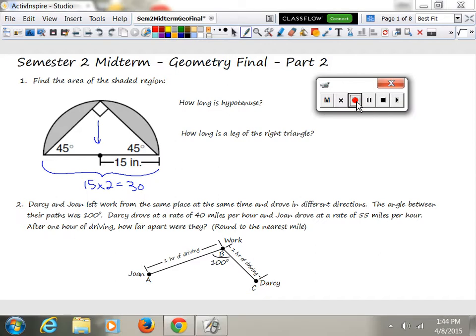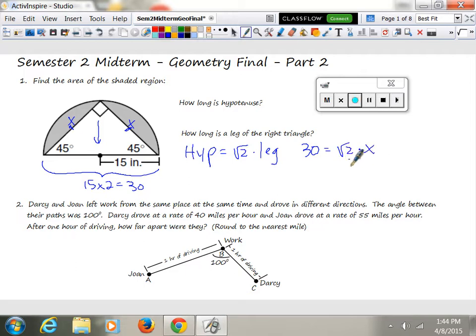The next question says, how long is the leg of the right triangle? The leg would be these pieces, and in a 45-45-90, the two legs are both the same, so they're both going to be x. And we could actually use our little 45-45-90 formula, which is hypotenuse equals radical 2 times the leg. Since we already have the hypotenuse, 30 equals radical 2 times x, we could divide by radical 2, and you're going to get x equals,